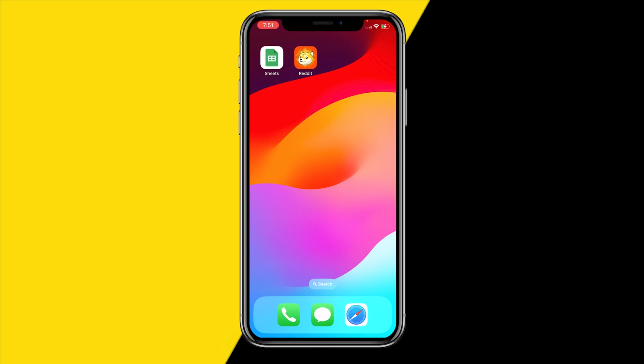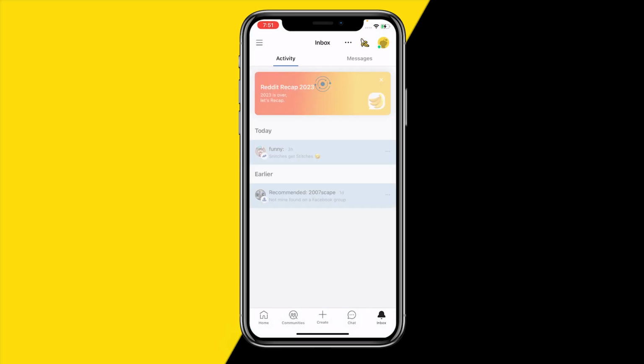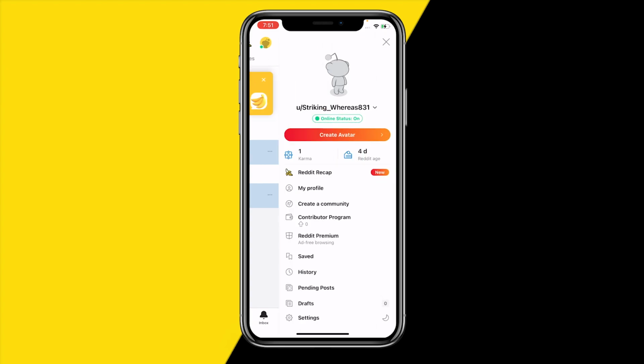So if you just basically want to clear your activity on Reddit, then all you need to do is open the Reddit app just like this. And you want to go to inbox at the bottom right corner of your screen, and once you've done that you can simply go to the top right corner of your screen right here and click on your profile picture,